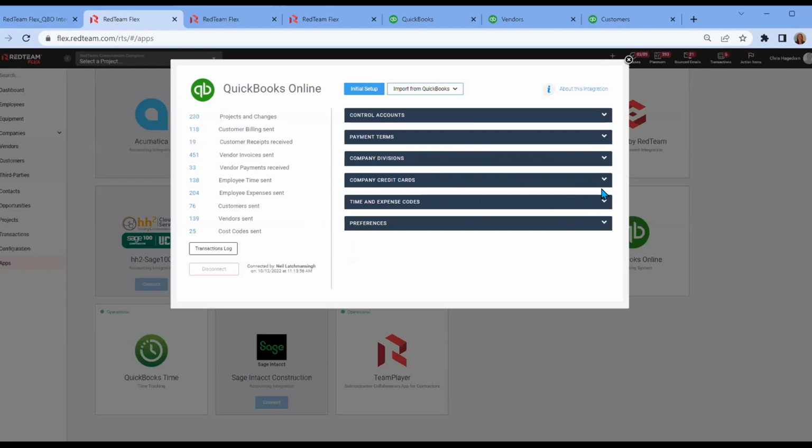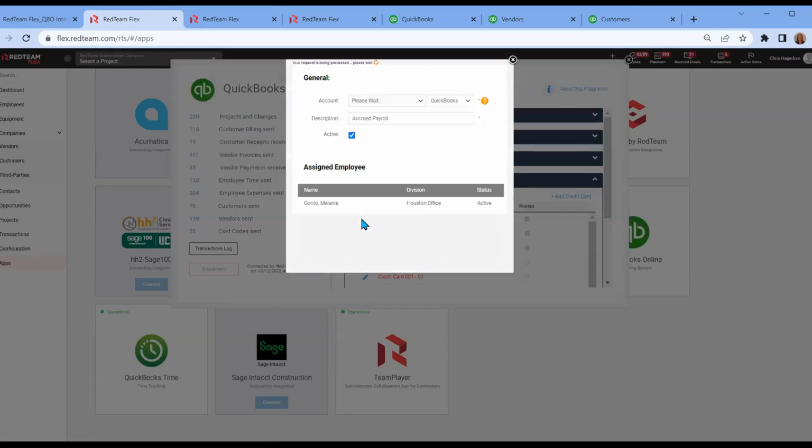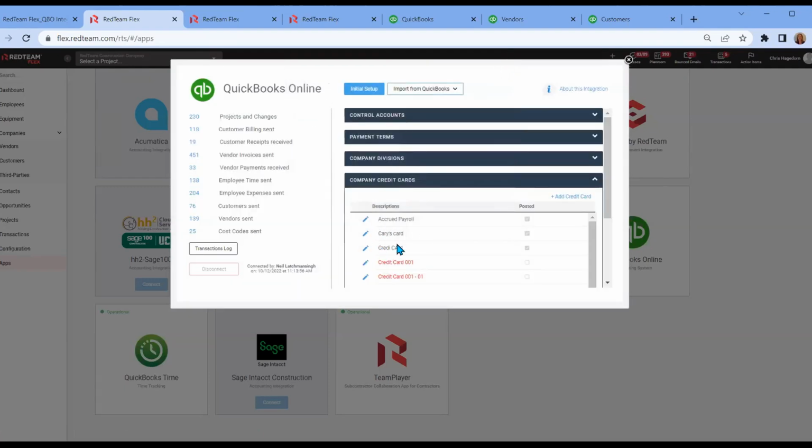We're now to the company credit cards, and these again will be set up with you during the implementation. And as you can see, some have not been used, but some have. And so you will connect these in much the same way as you did the control accounts. We will find your accounts payable, accrued payable, a credit card, Visa, whatever it may be. And as an FYI,